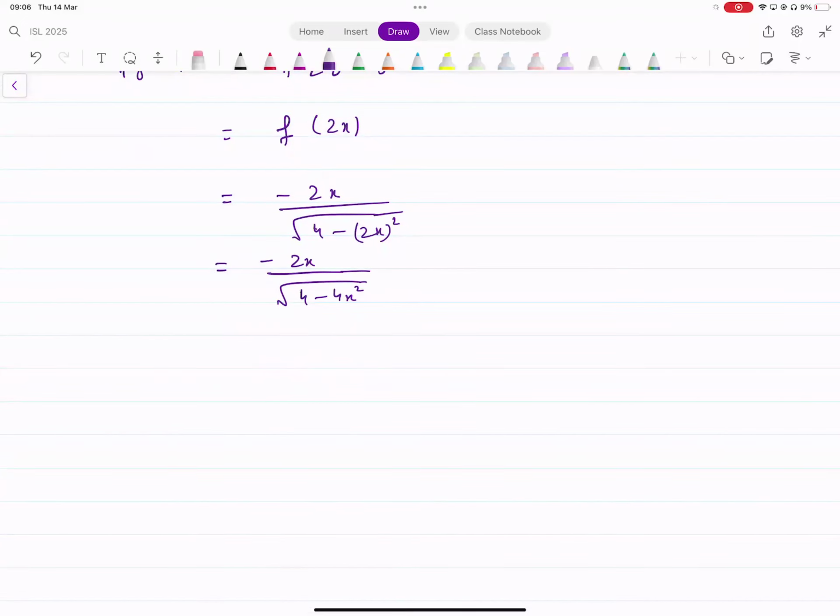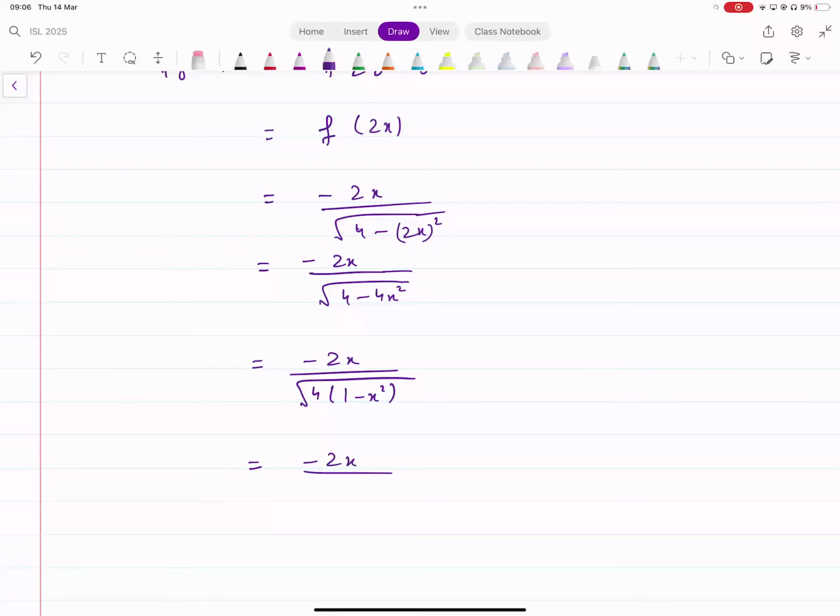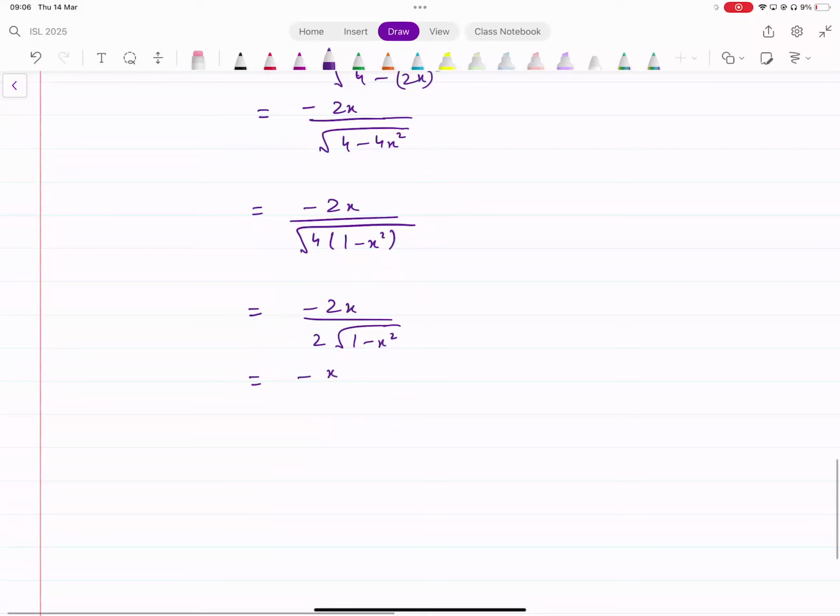उसने कहा find and simplify this expression. Can you simplify this more? और simplify कर सकते हैं? क्या करें इसको? You could take 4 common. 4 common ले लें denominator में से, तो ये क्या बनेगा? 4 into 1 minus x squared, इसका square root. अब square root of 4 बाहर लेके जा सकते हैं. It becomes minus 2x divided by 2 into square root of 1 minus x squared. 2 and 2 get cancelled, and we are left with minus x over square root of 1 minus x squared. This is fg of x. तो ये simplification के भी marks होंगे, उसने specify किया कि आपको simplify करना जरूरी है।